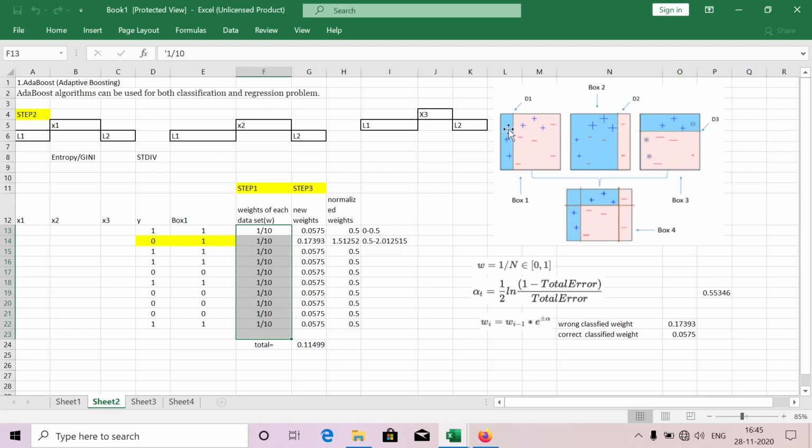Okay, these three weak learners I am just combining to get the strong learner. Okay, this is the way AdaBoost training and also prediction work. For prediction, for example, decision tree 1 is giving the result 1, decision tree 2 is giving result 0, and decision tree 3 is giving 1, which is the maximum voting,